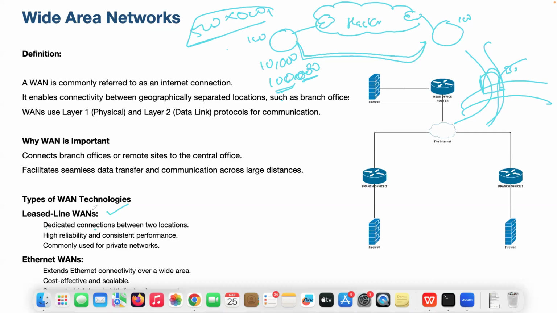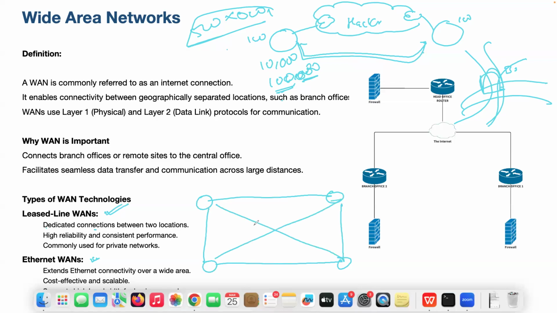Okay. Then there is Ethernet WAN. See, the thing with a leased line is that if I have two sites, I'm okay with it. Imagine I have one site here, one here, one here, and one here. If I want to connect these four offices using leased lines, I connect them like this: one cable, two cable, three cable, four cable, five cable, and six cable also. Correct? If I'm adding one more office here, then one, two, three, four more. See how many cables I'm running. I'm running a lot of cables here, right?